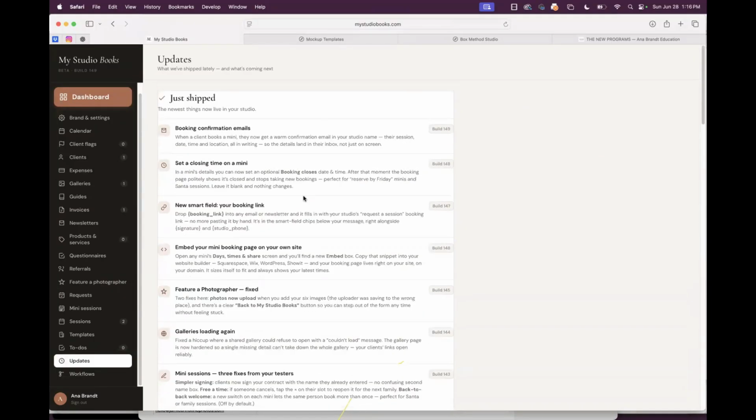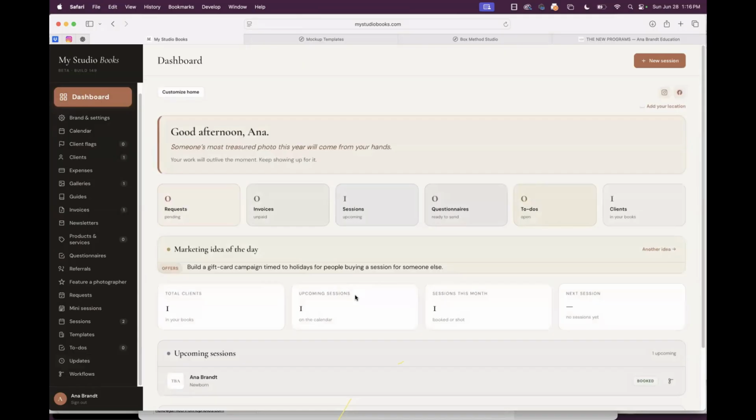I've set it now so every time I make an update in my build, this page updates. So if you're ever unsure, because we do have a Facebook group where every day, sometimes on the hour, sometimes every 5 minutes, someone is putting in a new request. Some requests I can do sooner than others. I've tried to explain to people that this is like building a house. The infrastructure is very important, not so much as the flowers by the front door, but we need to set the infrastructure properly. So sometimes people are asking for something that I can't do till later. And some things are just not needed because it is a CRM. It's not supposed to be everything and anything, but it is supposed to help you manage your business.